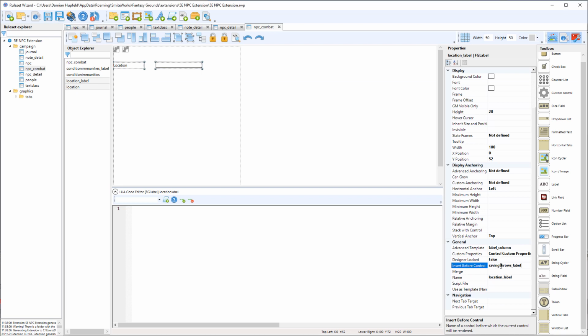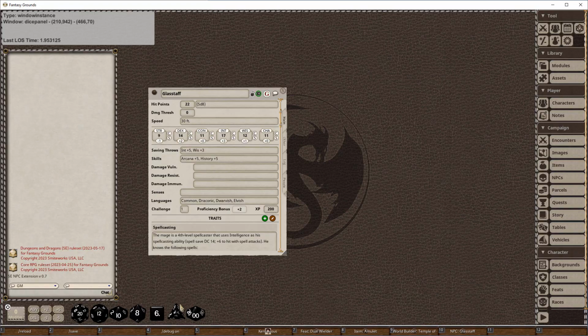So we find this insert before control. Now that will kind of work, but it still won't work because we've got an X and Y position. These are positioned on the page. So what we have to do, there's another field up here which is inherit size and position. We check that true, and that means it won't publish this X and Y position, and it'll let Fantasy Grounds work it out based on these templates, based on where we're inserting it in the control. So if we send that, and we reload our table,